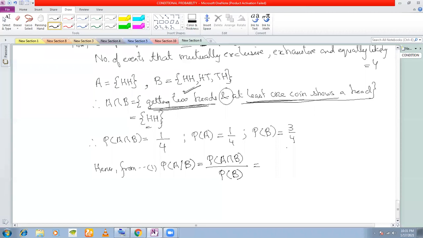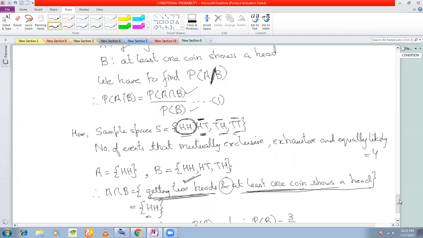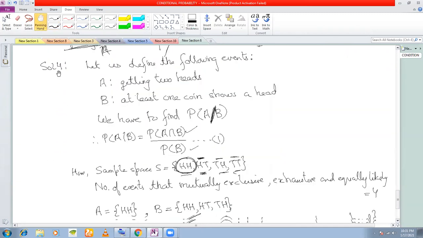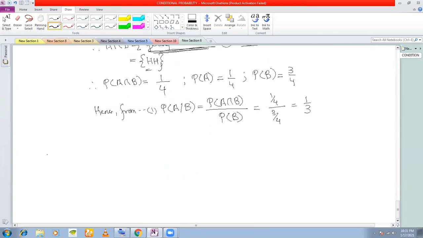Very, very important for you to understand this example. If you don't understand this example, we cannot proceed with conditional probability. You have to know how to frame the events. You have to know what the question is asking you, and then according to the question, you will have to find the respective probabilities. Understood how to frame the events? Let us take another example. Problem 5.